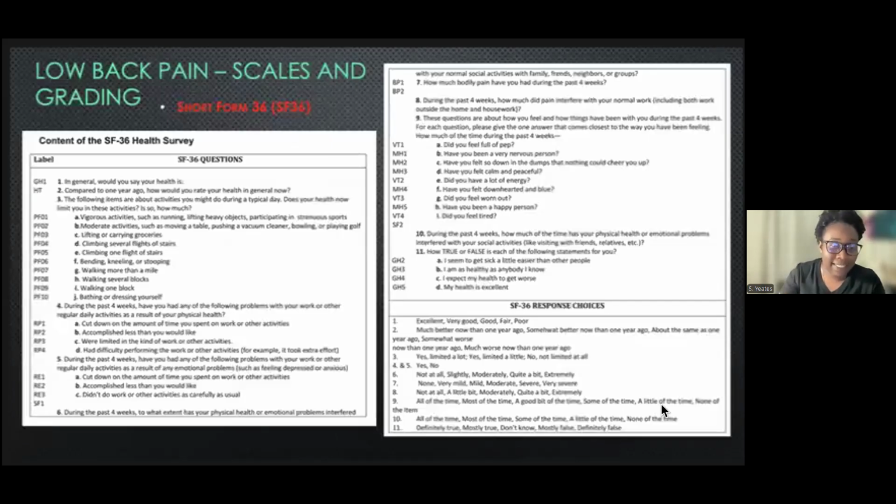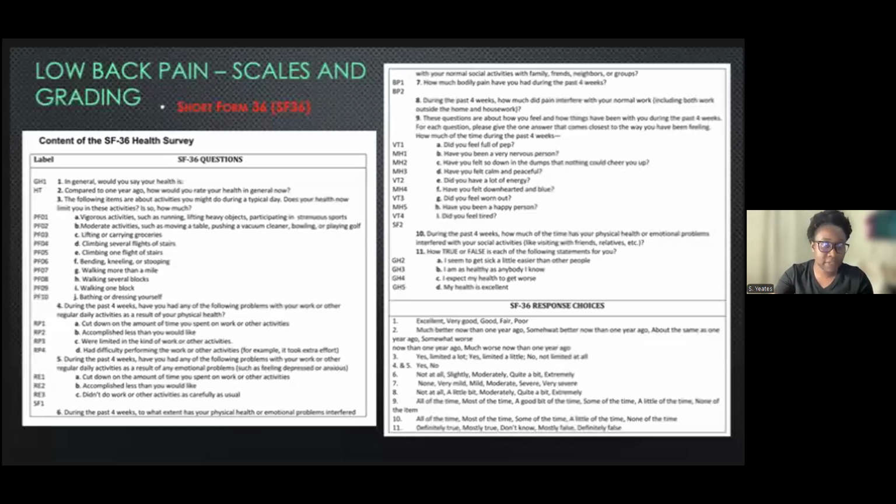Then lastly, but lengthy, we have the Short Form 36. So health-related quality of life, or HRQOL, is a multi-dimensional concept comprising of domains of physical, social, and mental well-being, as well as functional ability. It is actually considered the most used generic instrument, and it's internationally validated by the Medical Outcomes Study. The SF-36, or Short Form 36, is increasingly useful for monitoring health populations as a tool for decision-making on healthcare